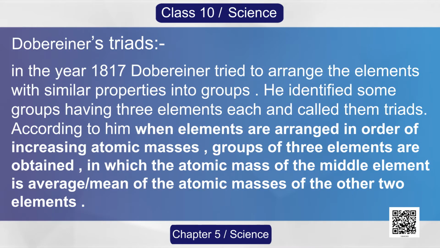In the year 1817, Dobereiner tried to arrange the elements with similar properties into groups. He identified some groups having 3 elements each and called them triads. According to him, when elements are arranged in order of increasing atomic masses, groups of 3 elements are obtained, in which the atomic mass of the middle element is the average or mean of the atomic masses of the other 2